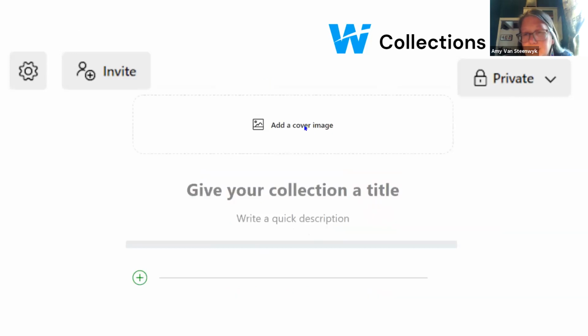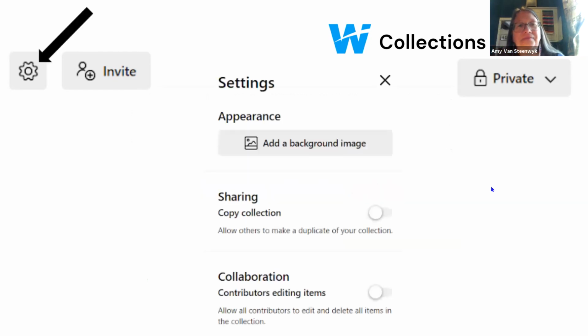First, you don't have to put an image, but you can add an image and a title and a description. Certainly a title would be a good idea. And then you click on settings up in the corner, and you're going to see more options. So you can add a background image that would be on the whole page. And then this is something that the Wakelet community, which is pretty active, and they're on Twitter a lot,